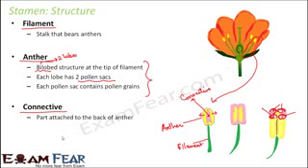So from this, what did we learn? We learned that one anther. So now in a flower, you just don't have one anther. You have multiple anthers because you actually have multiple stamens, right? And multiple stamens together form the whorl called androecium. So when you talk about each stamen, each stamen will have one anther, and one anther will have what? It will have 4 pollen sacs. So each anther has 1, 2, 3, 4. 4 sac-like structures or 4 pollen sacs, and these pollen sacs are going to have the pollen grains which contain the